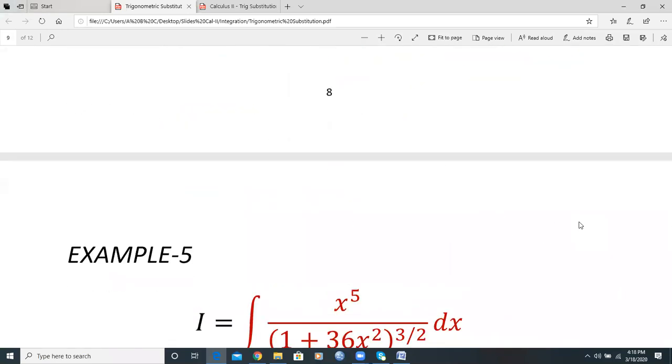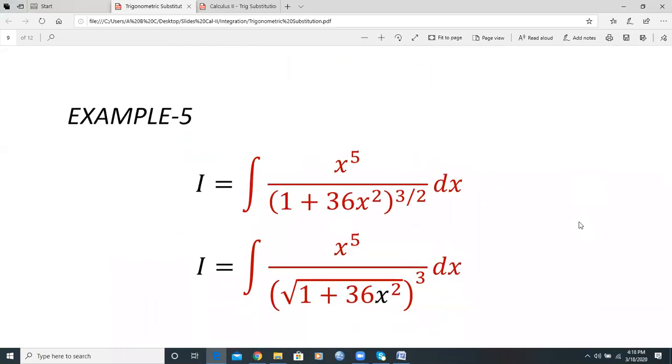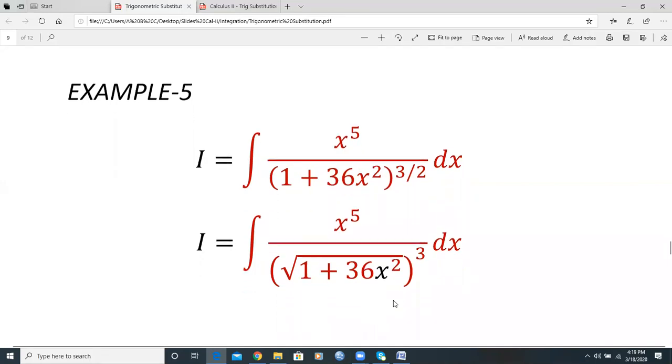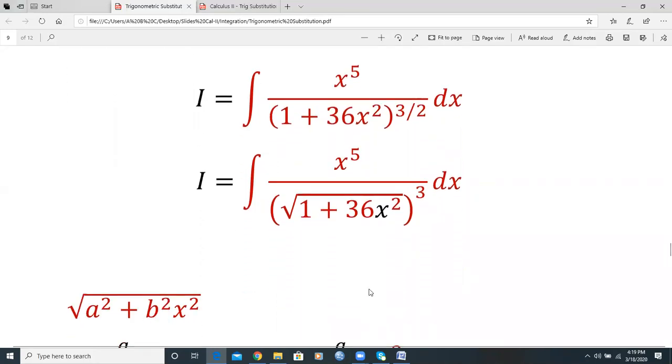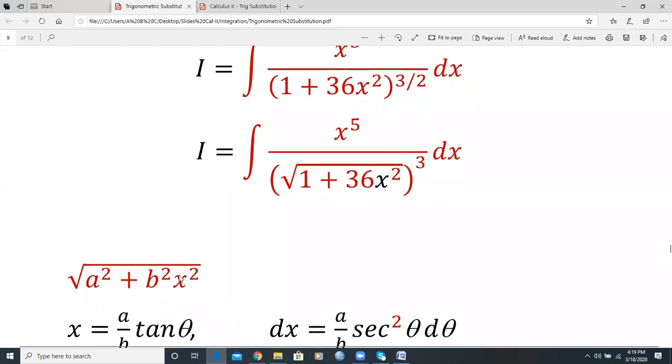In this problem, this is the integral we want to evaluate. Here we have an integral of the type square root of 1 plus 36x squared. This is another type: the square root of a squared plus b squared x squared. So in this case, a squared is 1, therefore a is 1, and b is 6. Whenever we have an integrand of this type, square root of a squared plus b squared x squared,